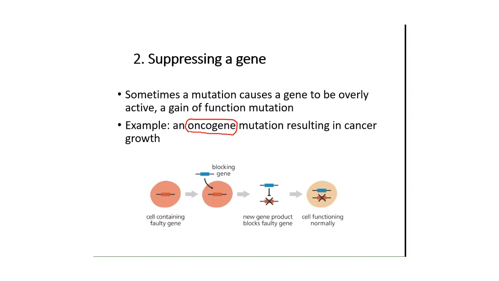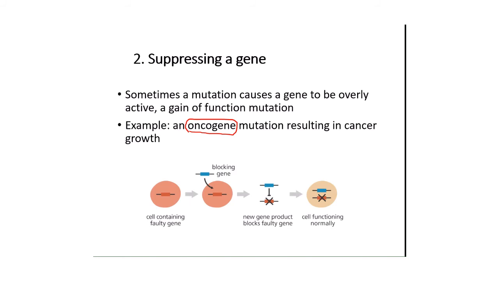So there are some proteins called growth promoters. These growth promoters are going to encourage cells to go through the cell cycle. So under normal circumstances, the growth promoter will only be turned on if everything is normal. If the DNA is normal, if the cell is ready to divide, then the growth promoter will give the signal for the cell to progress through mitosis and divide. Sometimes there are mutations in these growth promoters. So rather than only turning on when everything is okay, these things are turned on all the time, and as a result of that, it leads to